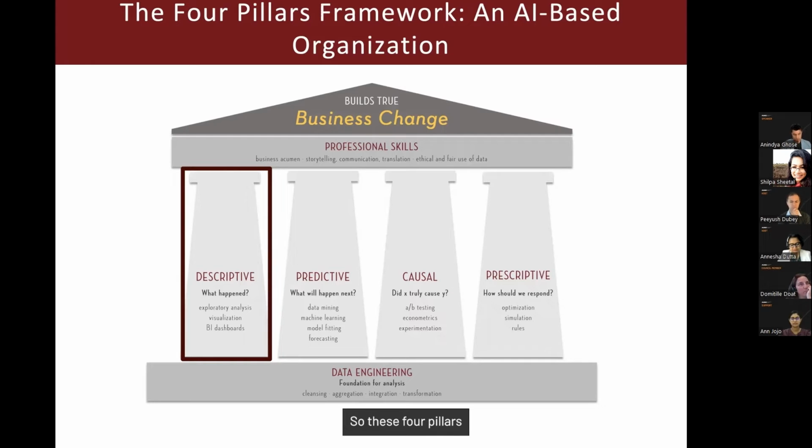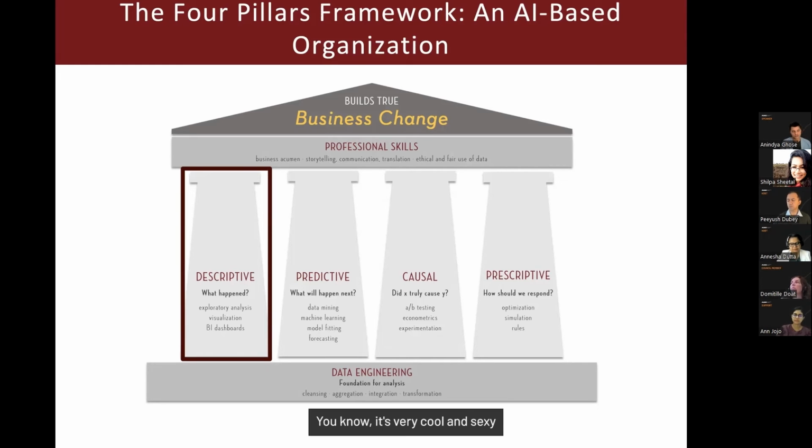These 4 pillars are directly correlated to the 4 human weaknesses that I mentioned. We human beings have those 4 weaknesses. That's why we are proposing these 4 pillars that will transform an organization into a much more robust AI-based organization. But even before you get to the 4 pillars, if you look at the base foundation, we call this data engineering. And I have seen that most companies do not pay enough attention to data engineering, and yet that's where they go wrong, because that's where they actually should be paying more attention.